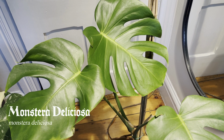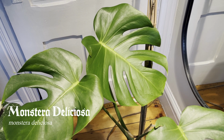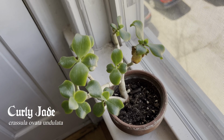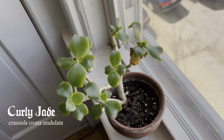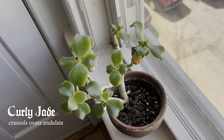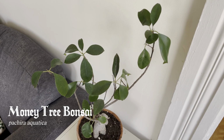But also my Monstera Deliciosa is absolutely beautiful. I love the newest leaf. It is so gorgeous. It's huge. I love it. I can't wait until I finally get inner fenestrations. I feel like that's when I'll have made it as a plant owner, when my Monsteras get inner fenestrations. Anyways, moving on to outside of my room, I have my Curly Jade, my Money Tree bonsai,